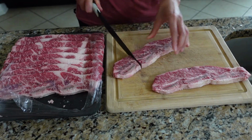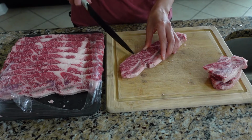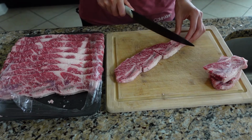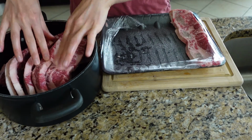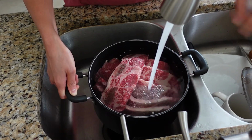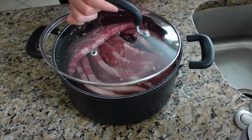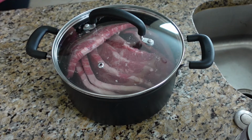So I was cutting the ribs up, then I realized that's what we used to do. We recently found out it's actually a lot easier to grill when we leave the ribs the way they are. So take out your ribs, put it in a pot, and fill it up with water. We're gonna let these soak in the fridge for an hour. This is supposed to take out all the impurities and the blood out, and it will also help tenderize the